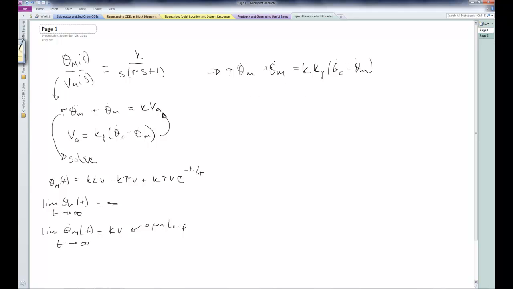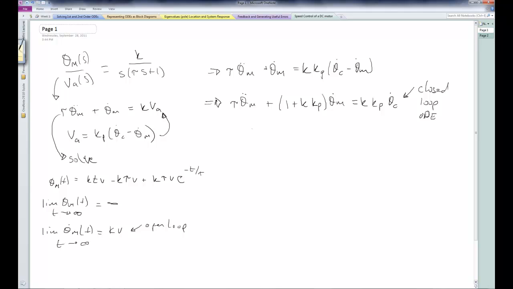And I can multiply things out in here and collect terms, and I end up with tau theta m double dot plus (1 plus Kp) times theta m dot is equal to Kp theta c dot. Now I can go back into Matlab and try to solve this. This is now the closed loop ODE, or differential equations,